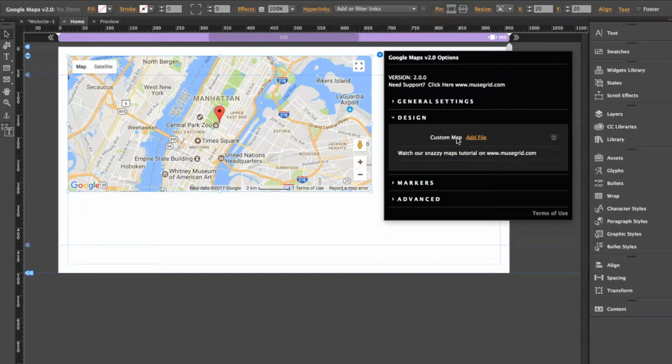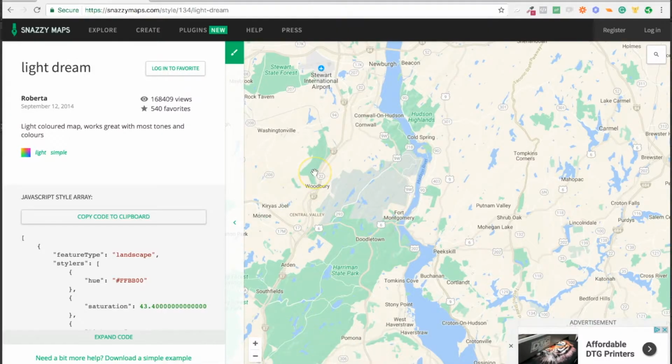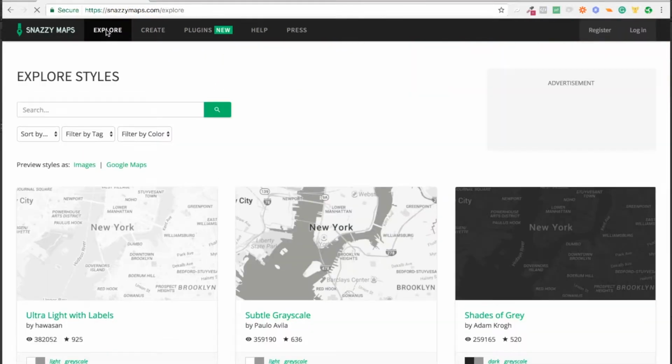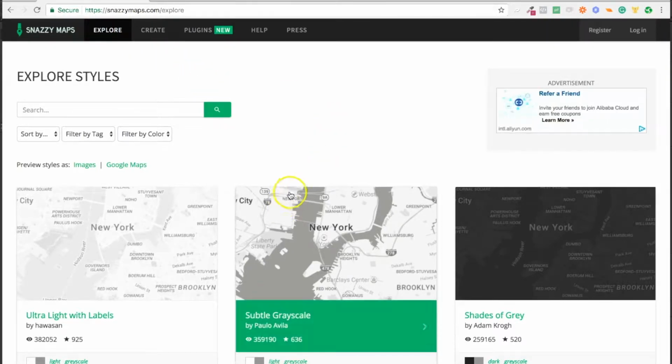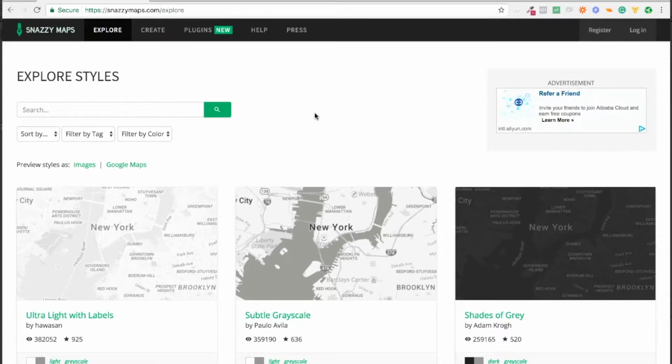And that's because we do all of our customization not inside the settings panel here, but at a website called snazzymaps.com. You can go here, and you can see that I actually have a map open. Actually, I'll go back to explore here really quickly just so you can see. But on snazzymaps.com, what you can do is come in here and not only create your own look and feel for your map, but you can also explore what other people have created